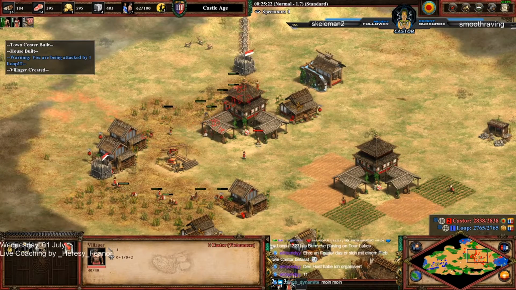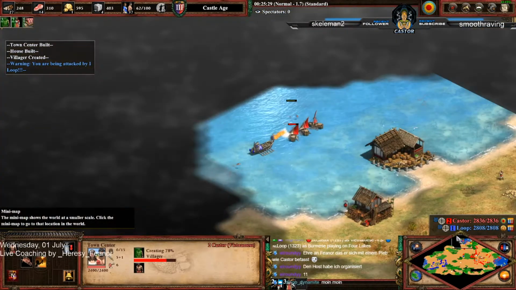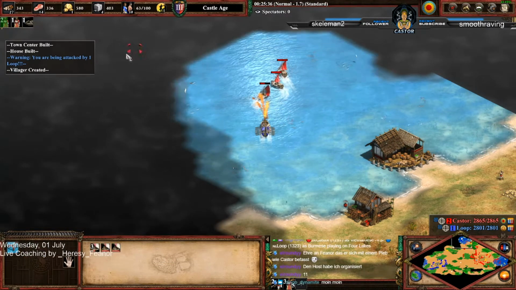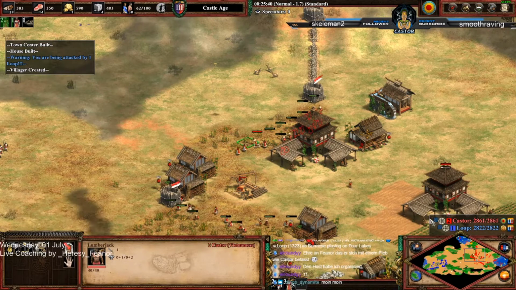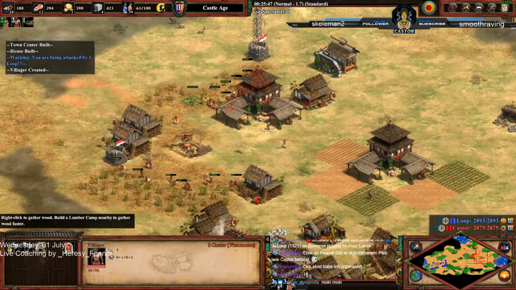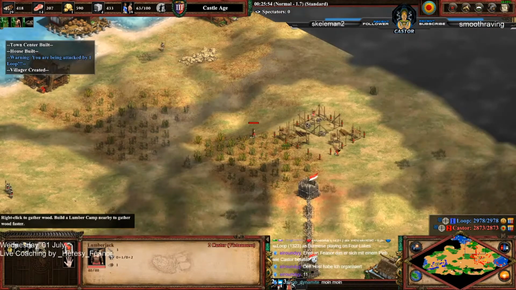Probably sending it right to the other corner of the map. Yeah, he's already here. Shit. So now I'm getting fire ships, I guess. Fire ship instead of galley, and then you can research war galley in your other dock. Should I go to the other dock as well and try to dock it? If you can, yes. At the very least, try to...